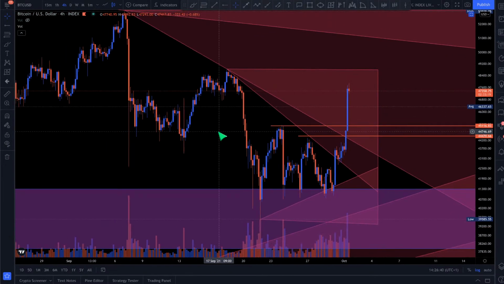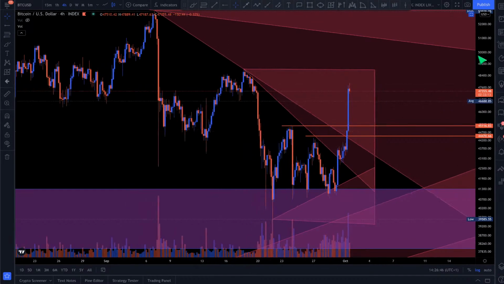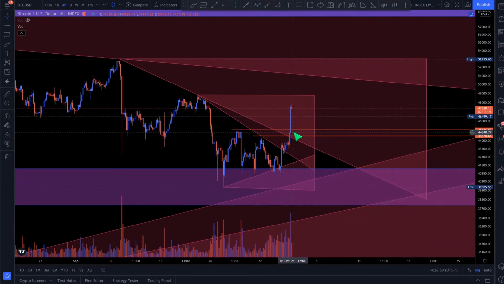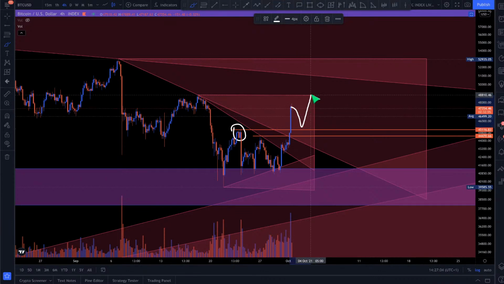Now, what do we have to do? We have to do one of two things. This is just to make you guys stay calm and understand exactly what needs to happen. Number one rule: whatever happens, we do not close a candle here. That is the rule right now. The pattern we want to see is, if it does come tumbling down a little bit more, it should come down up to here and then bounce again, right? The bounce should take us above this neckline if we did have a close.